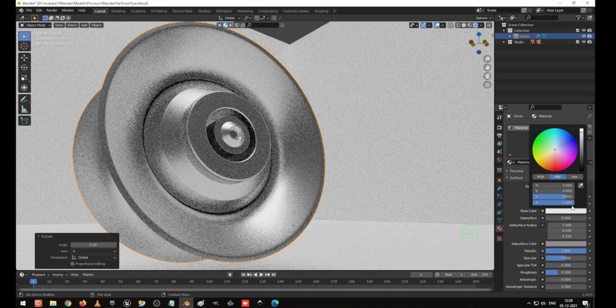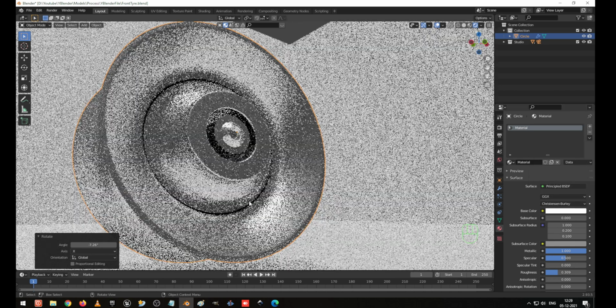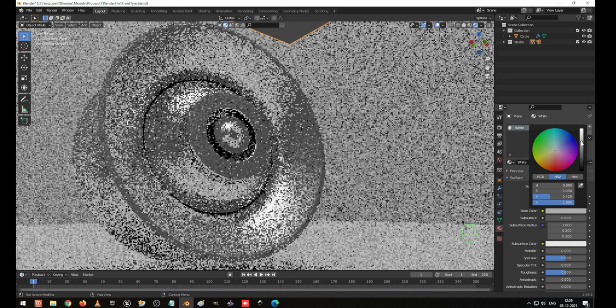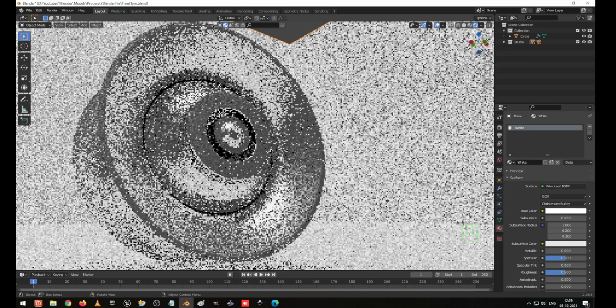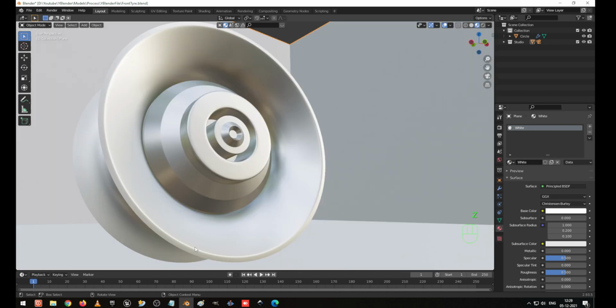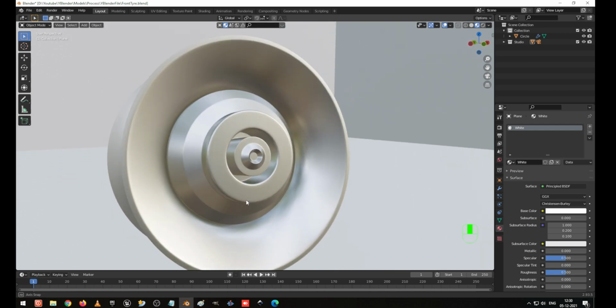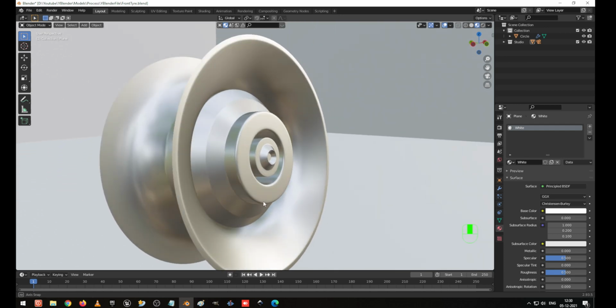So I make it white. Let's see how it looks. Fine. This one I am going to change the color to a little bit gray, because we have a reference. So okay, this is the basic model shape for the rim.